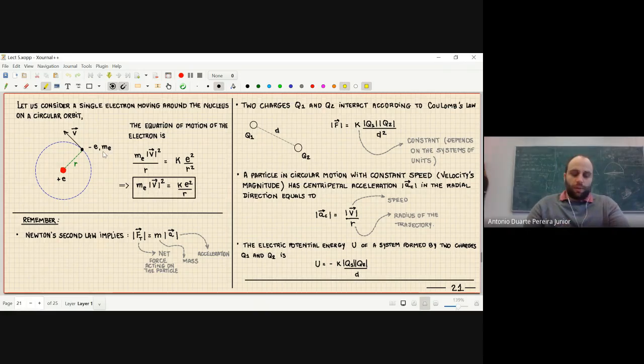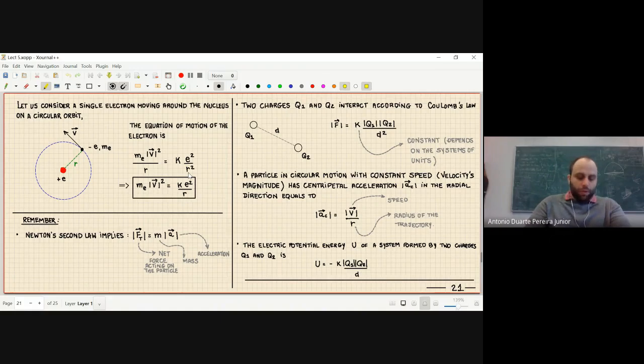Now I want to describe, according to Newtonian mechanics, what is the equation of motion for this electron, okay? Before I explain that, I want to do a brief recap about Newtonian mechanics and also classical electrodynamics. For those of you that don't remember, please take that as an opportunity to ask questions, okay? So before I explain this equation, let me tell you some facts about the classical dynamics.